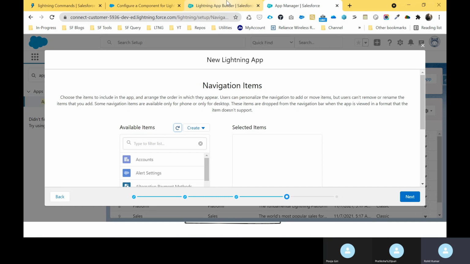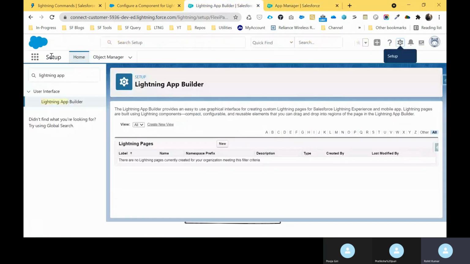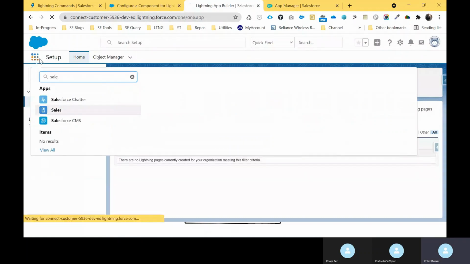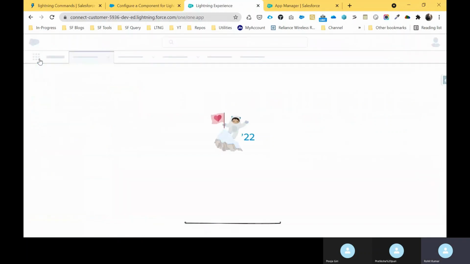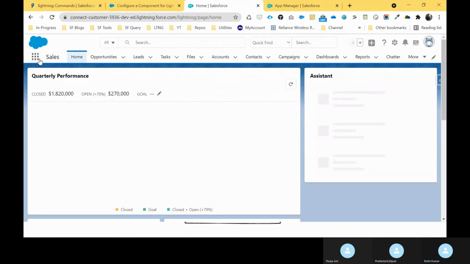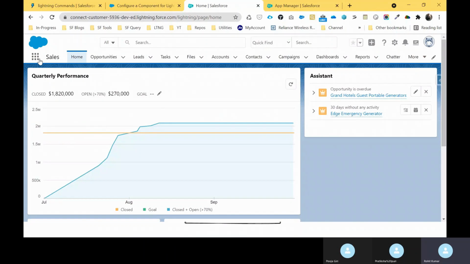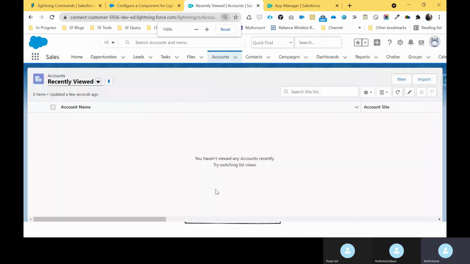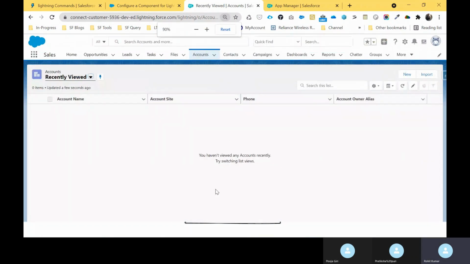Just go and open any application, like the sales application. This is the app launcher, and you can search sales here. Under the sales application, if you want to open any object tab like account, let me make this screen small.